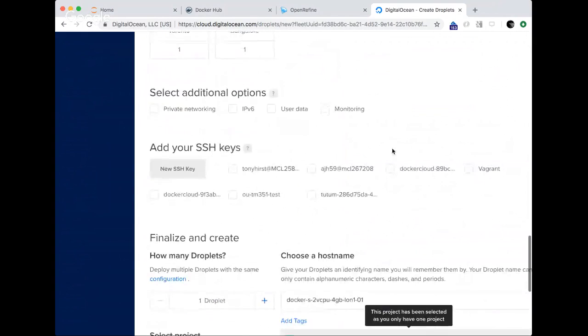And there's some setting here about SSH keys. So I've loaded some credentials into my account on DigitalOcean, and that's just going to allow me to